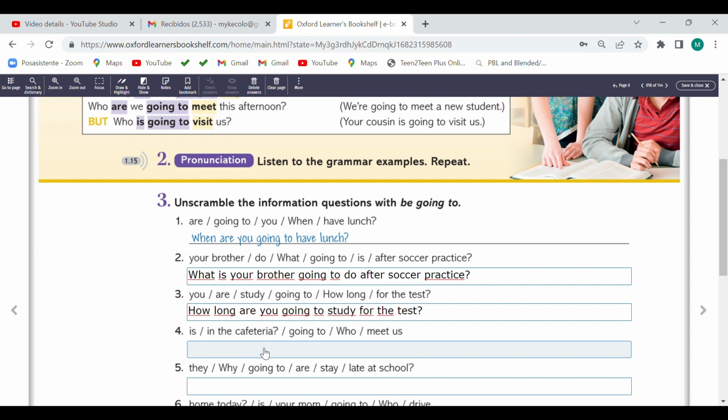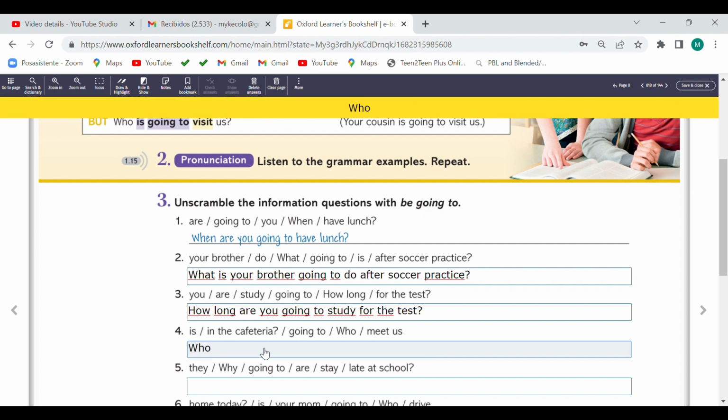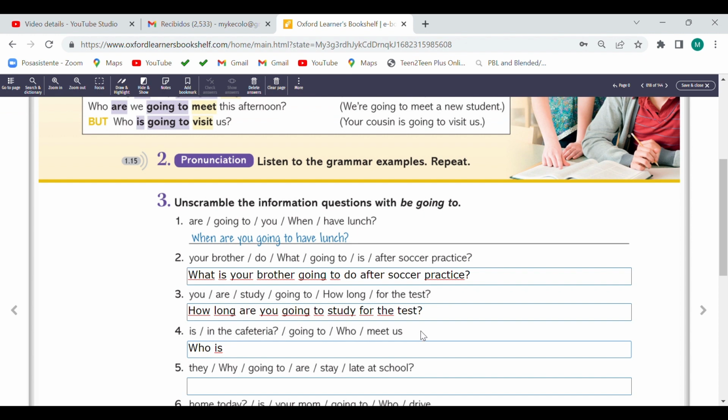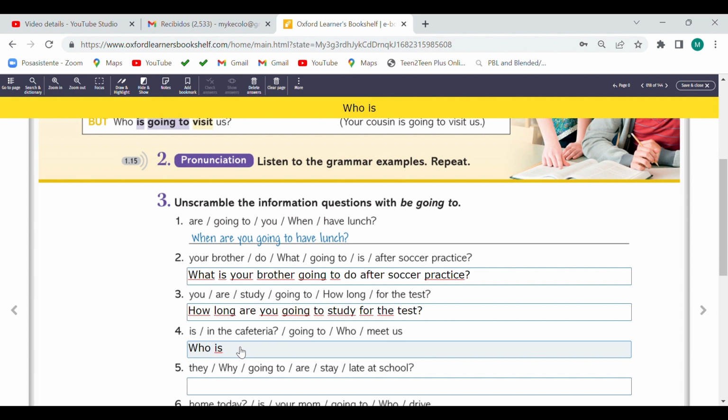Number 4. Who is, bueno, porque aquí no hay ningún sujeto, entonces no hay the subject. Entonces colocamos who is going to meet us in the cafeteria.